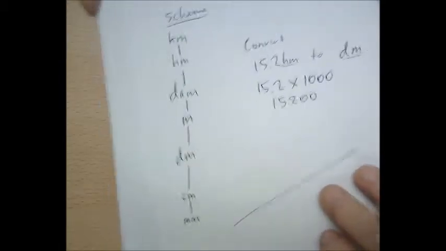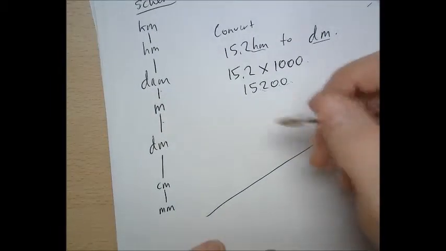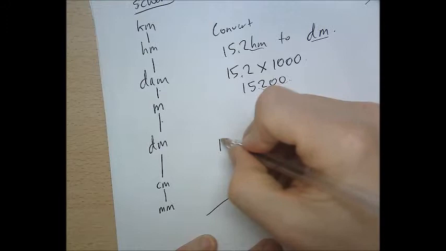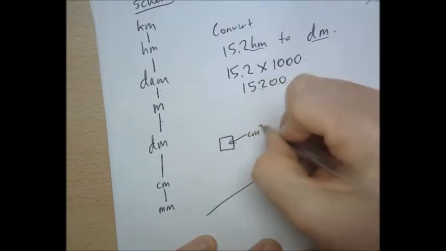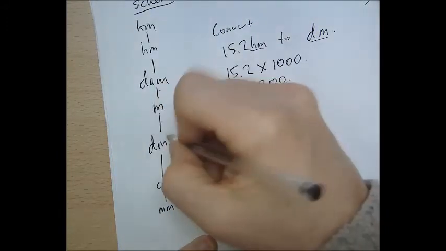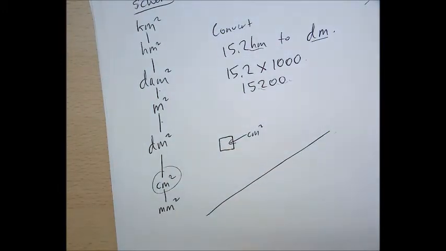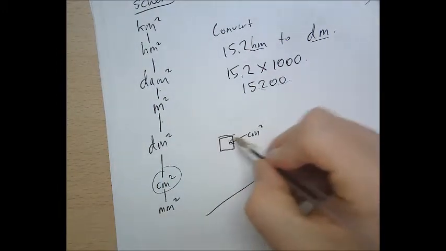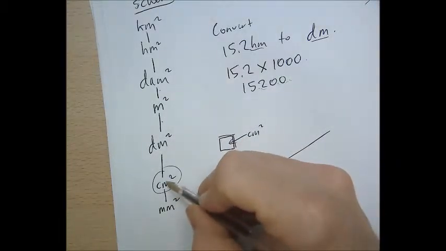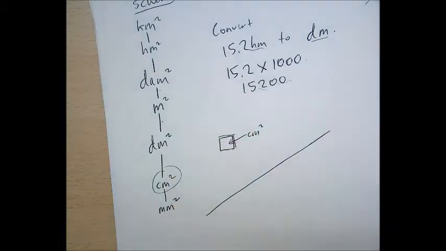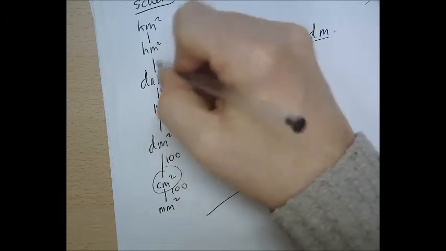I'll now show you how to do it for area. Well, the basic is just to remember that areas are measured with squares. So that is a square centimetre. So here are the units for areas. Okay, so in other words, that is just a square made out of a centimetre on both the length and the height. Now, if there were 10 centimetres in a decimeter, there now must be 100 of each of these in the one above it,